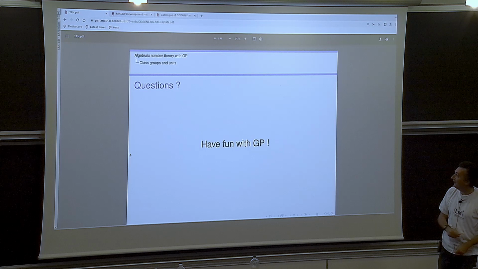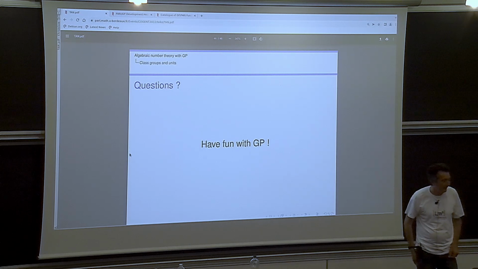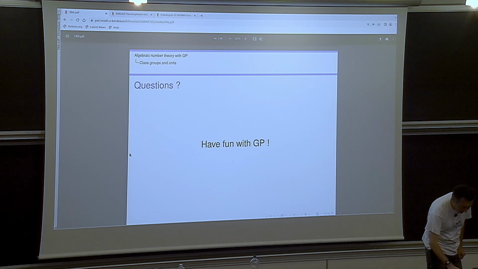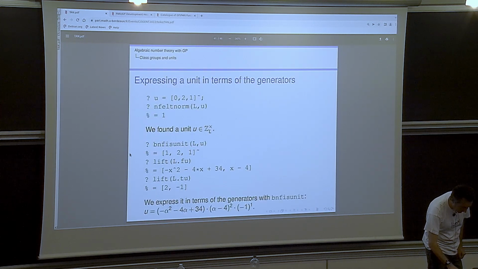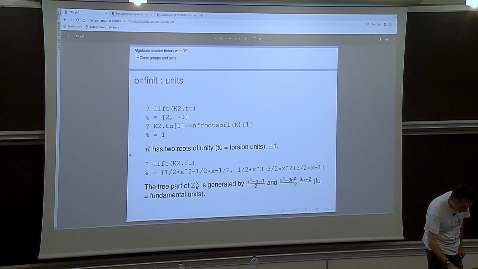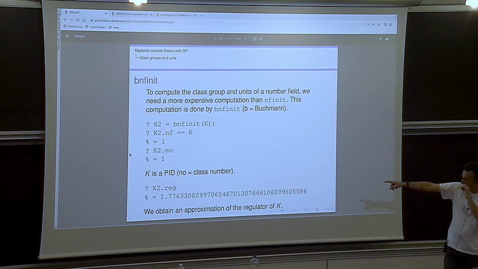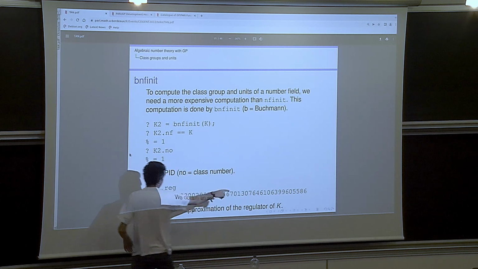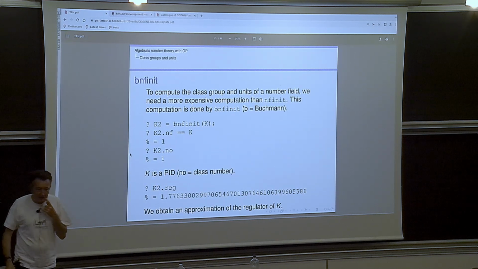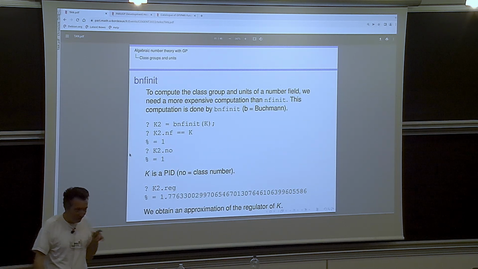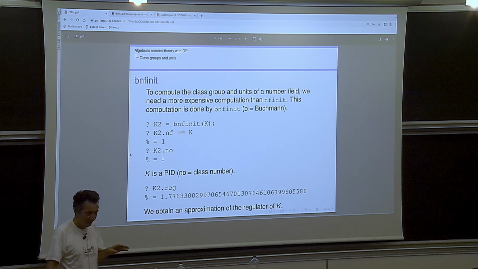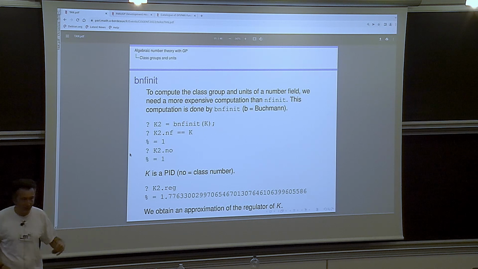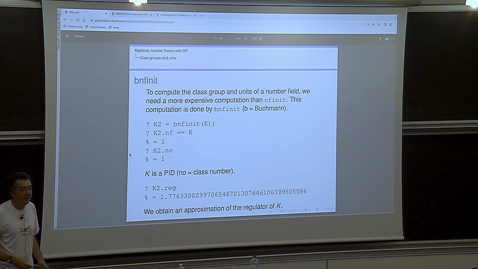Maybe I was a bit too fast, but it was difficult. Yeah. So the regulator is this one. This cat.reg gives you the regulator, and so it will be computed even if it does not compute the fundamental unit. It will still compute the regulator, because to compute the regulator, you don't need to have the algebraic expressions of the fundamental unit. Only the